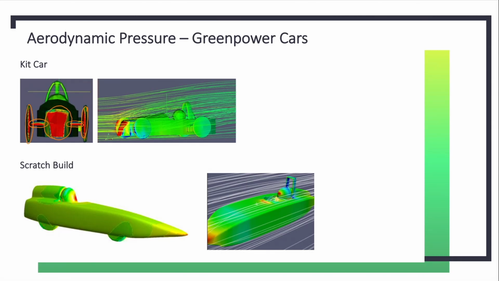So if we look at the scratch build on the bottom, you can see that the pressure regions, there's a very, very small amount on the nose and then a very small amount on the helmet. The bottom one would have better aerodynamics because you do want to minimise those pressure regions as much as possible. The other thing we want to do is to make sure that the air around the front is as smooth as possible. So if we have another look at that kit car,